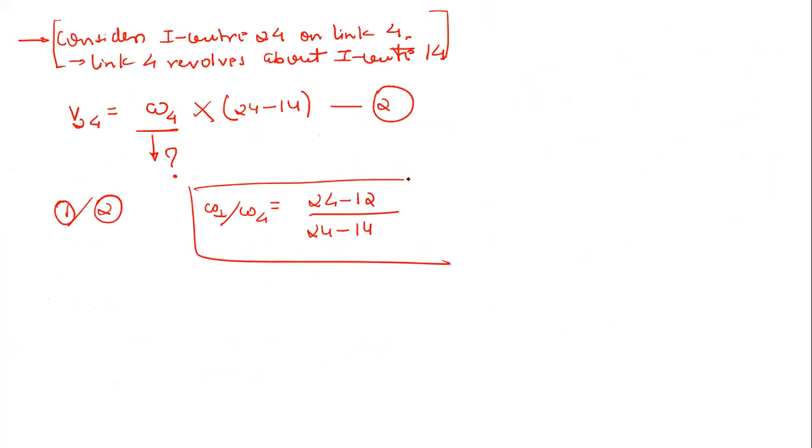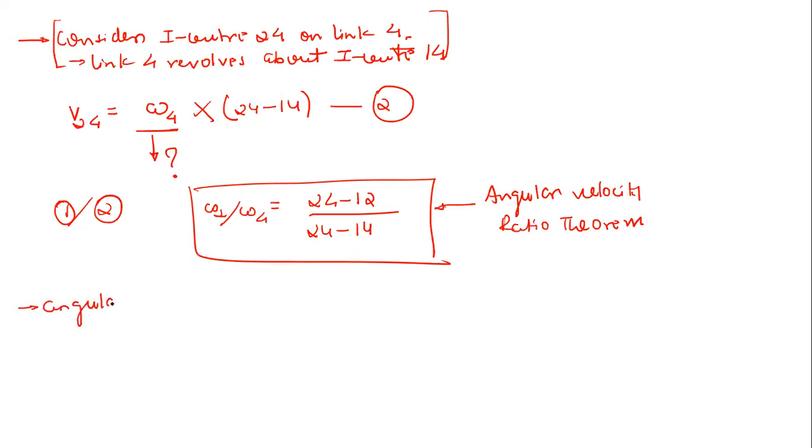So now this particular theorem is generally called the angular velocity ratio theorem. So this particular mathematical formulation is generally referred to as the angular velocity ratio theorem. And now if you observe what is just happening, it is very obvious that angular velocities, let me finish this in just one statement. Sir, that won't be omega 2 by omega 4 because it will be inversely proportional. Right, sorry. It is omega 4 by omega 2, correct.